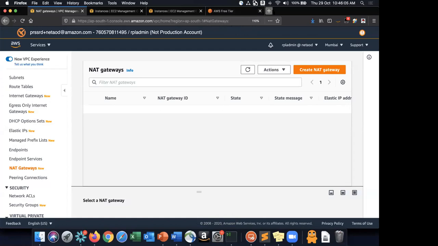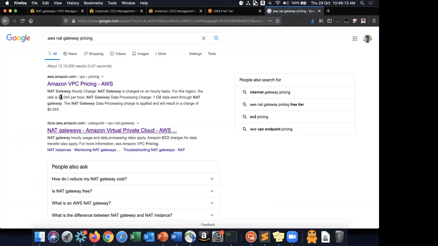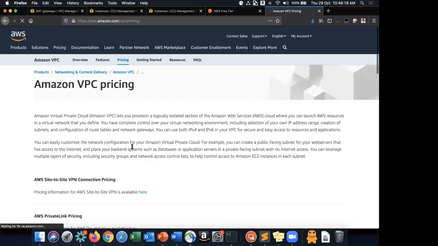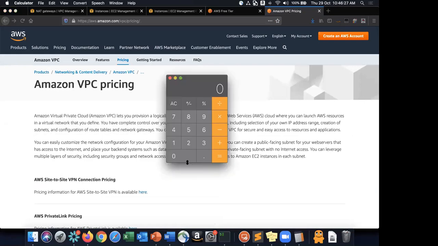NAT gateway charges, I'll just tell you what the NAT gateway charge is. AWS NAT gateway pricing. It's like 0.045 per hour, like 4.5 cents per hour. Of course, if you're willing to afford that, that's not a problem, but you'll just unnecessarily get charged on your credit card. 0.045 per hour, right? So if you run it for, say, 6 hours, you'll be charged probably 0.27 dollars,